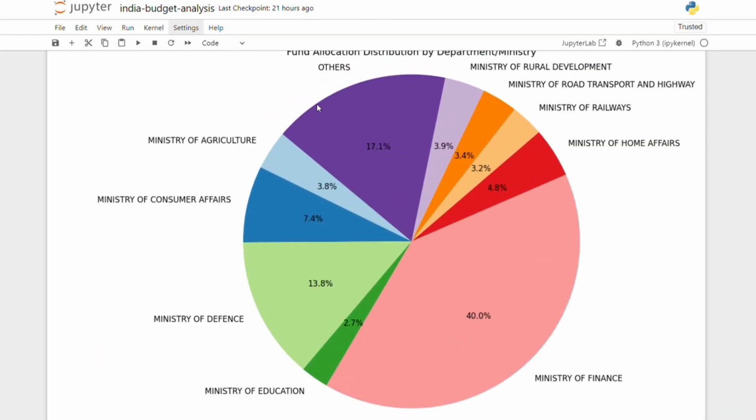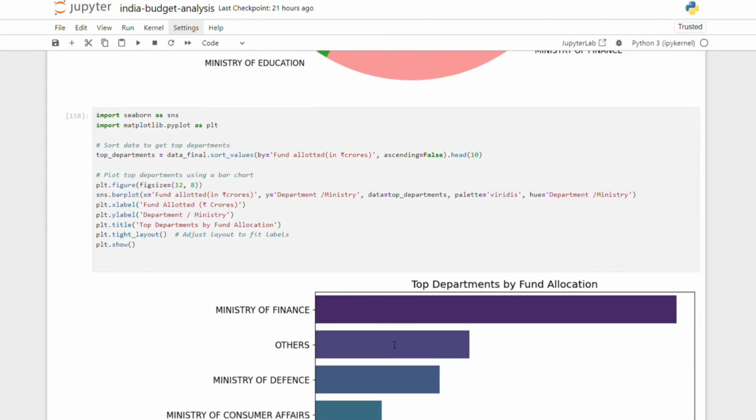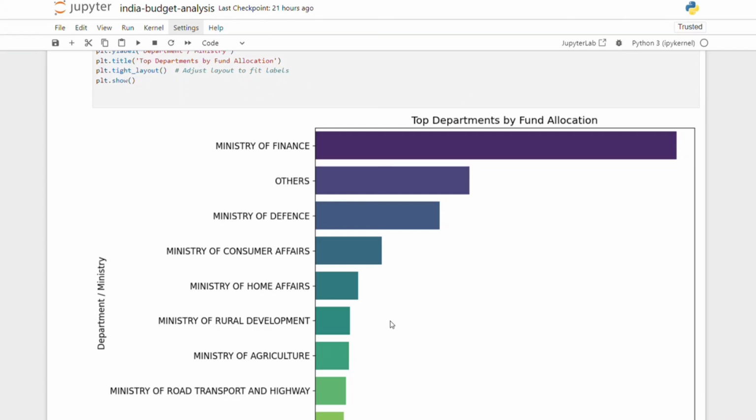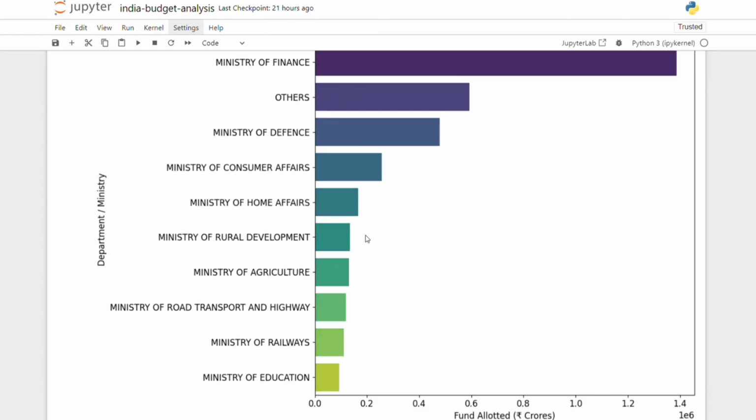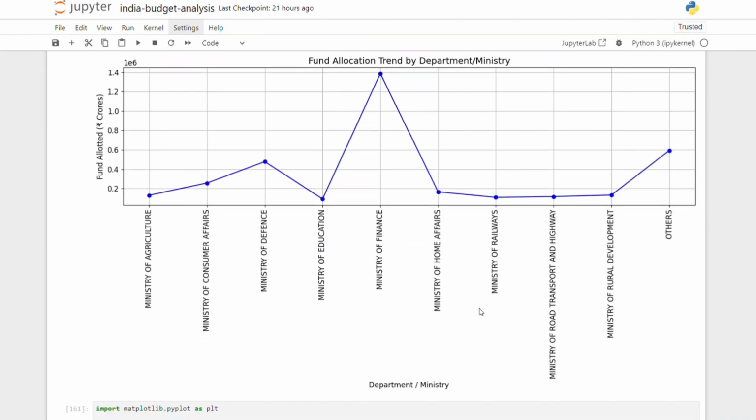So first, top fund allocation goes to the Ministry of Finance, which received the highest fund allocation with 13 crore 86 lakh 273, significantly higher than any other ministry. This is indicative of the central role finance plays in the functioning and regulation of various economic activities and services in the country.